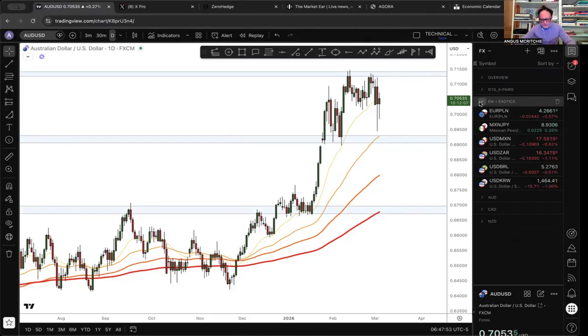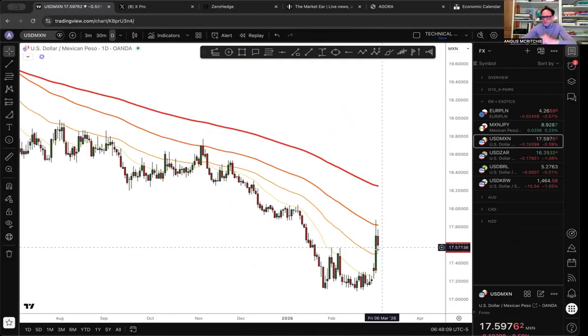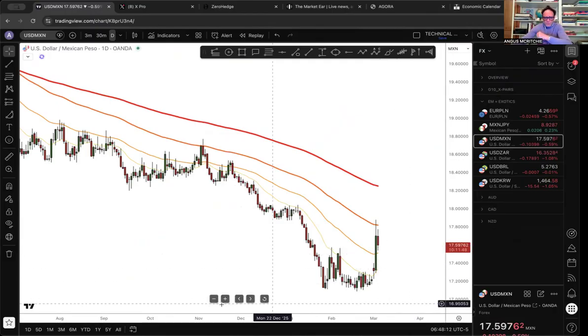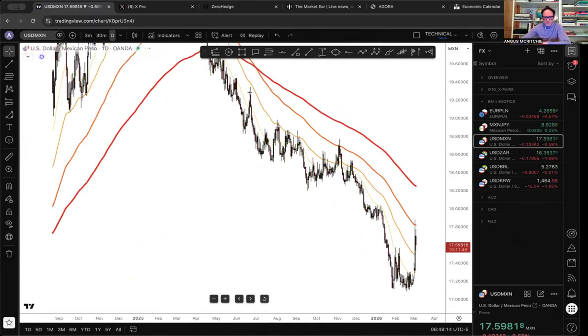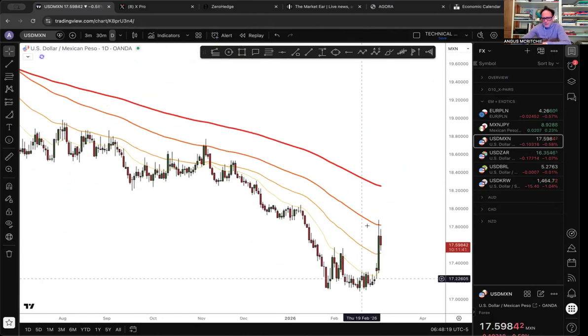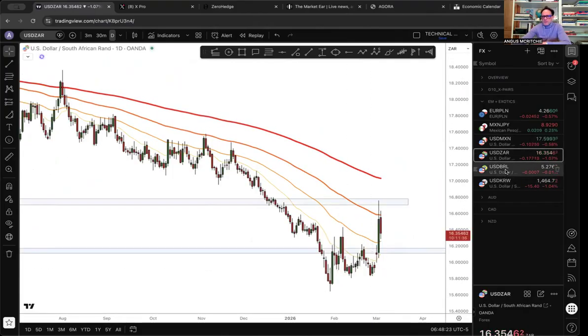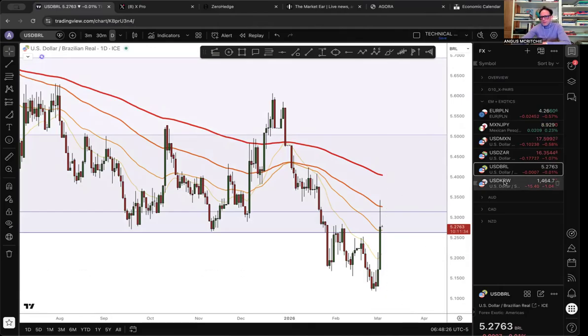And one of the interesting things is that if you get your currency selling off, so let's say, for example, you see the unwind of the carry trade. So you see here Mexico, Japanese yen, just the panic sets in and people start to offload that. And then you also see the US dollar versus the peso. Now, the peso in Mexico has been incredibly strong against the US dollar. You can see the chart here for a long time. But you can see the unwind over the last 48 hours here, the US dollar ripping higher. You can also see that against the South African rand. You can see it against the Brazilian real, and you can see it against the Korean won.